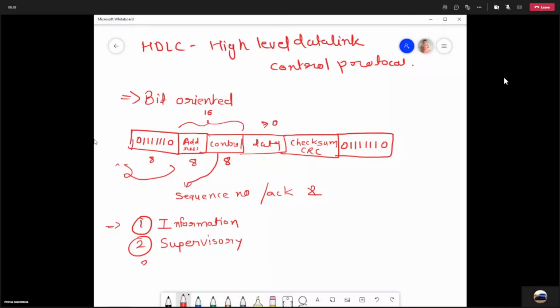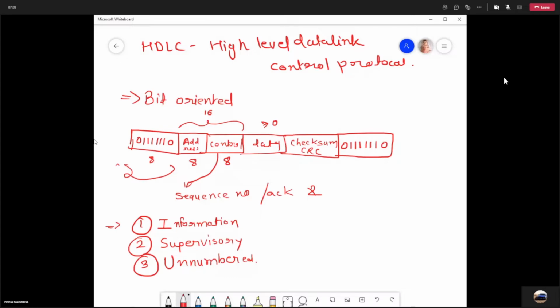And the third one is the unnumbered frame. The content of the control field for these three kinds of frames is different, so we need to see the content of the control field in these three types of frames.